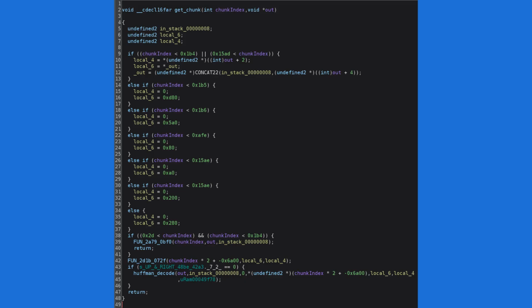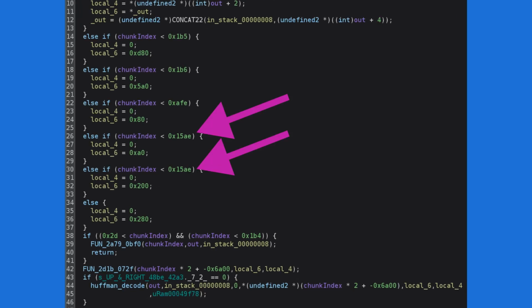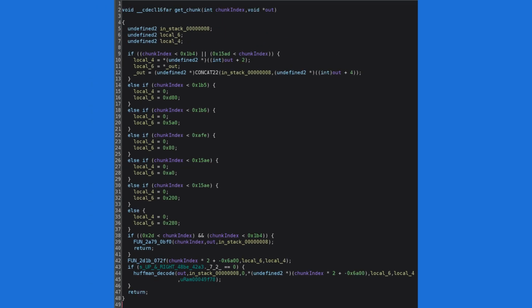Secondly, the game checks whether the requested chunk index is less than hex 15AE twice. The second else if block can therefore never be reached and is dead code. This is not a misinterpretation by the Ghidra decompiler. The assembly shows the same pattern. At this point, we have all the information we need to extract the 16 by 16 masked and unmasked tiles